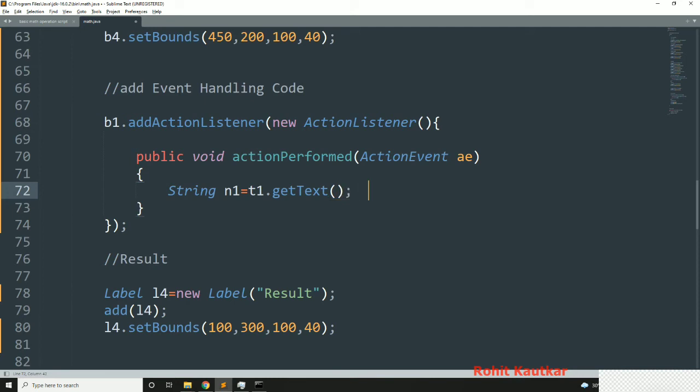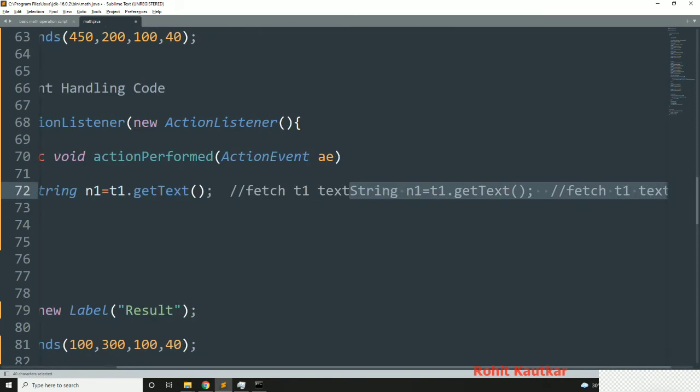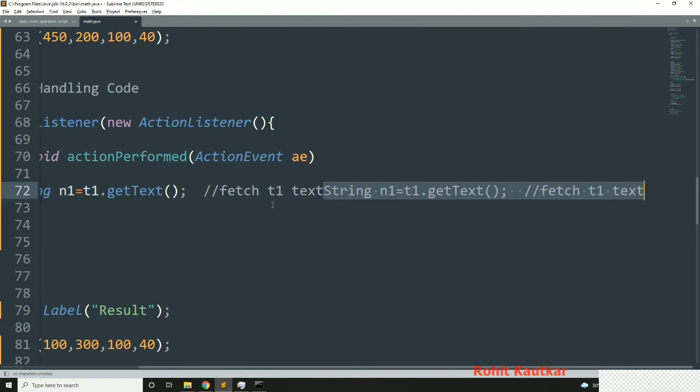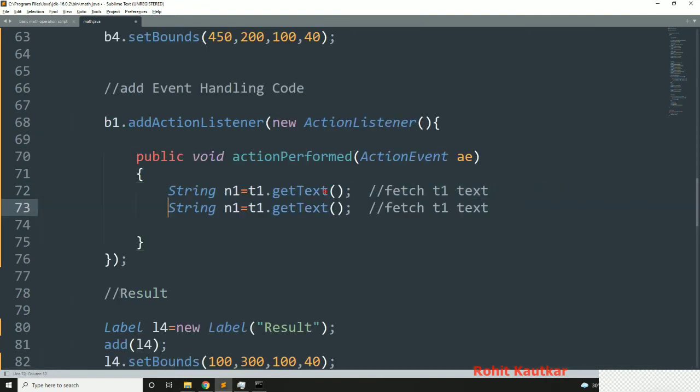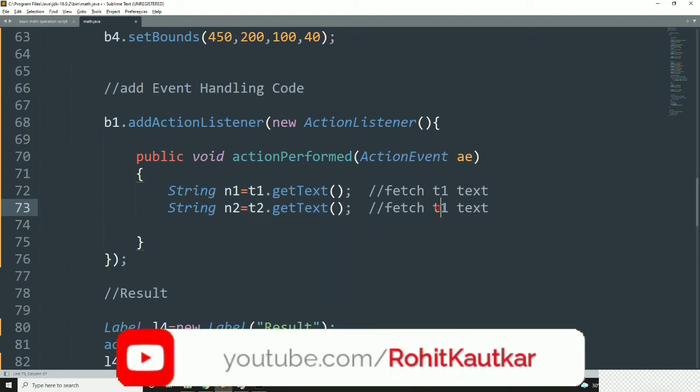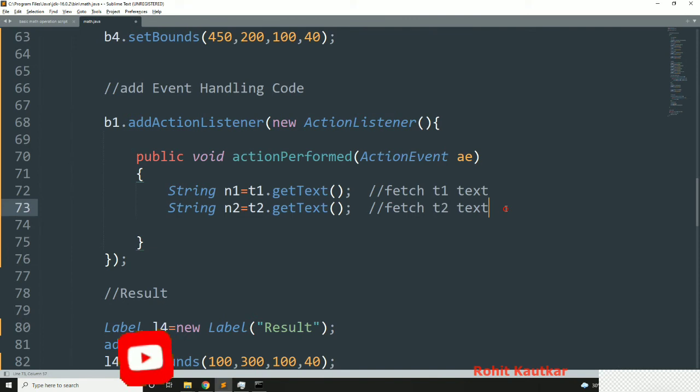Okay, so here we are trying to fetch t1 text. Okay, so I will duplicate this line, and here we will make it n2. So here I will make it t2. Okay, so here we are trying to fetch t2 text.